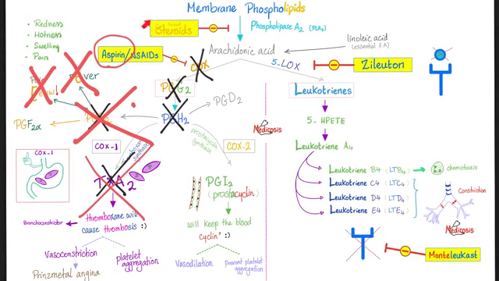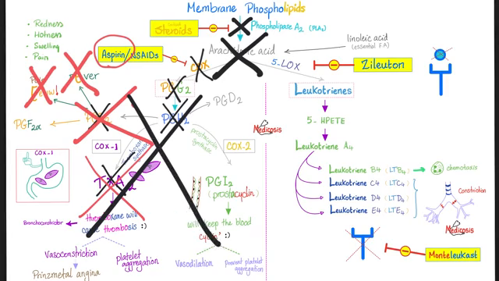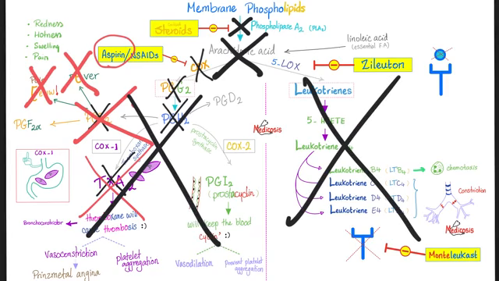Next, why are corticosteroids considered to be potent anti-inflammatory medications? Because they inhibit the source. They inhibit phospholipase A2. Without phospholipase A2, there is no arachidonic acid, there are no prostaglandins, and there are no leukotrienes either. So there is no pain, there is no fever, there is no inflammation, there is no swelling, there is no thrombosis, and there is no neutrophilic chemotaxis, because leukotriene B4 is one of the recruiters of neutrophils. See my video on acute inflammation.